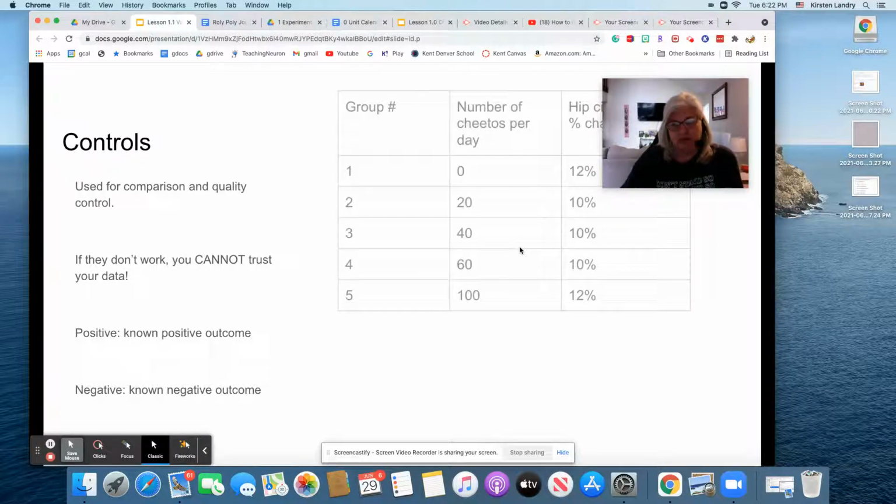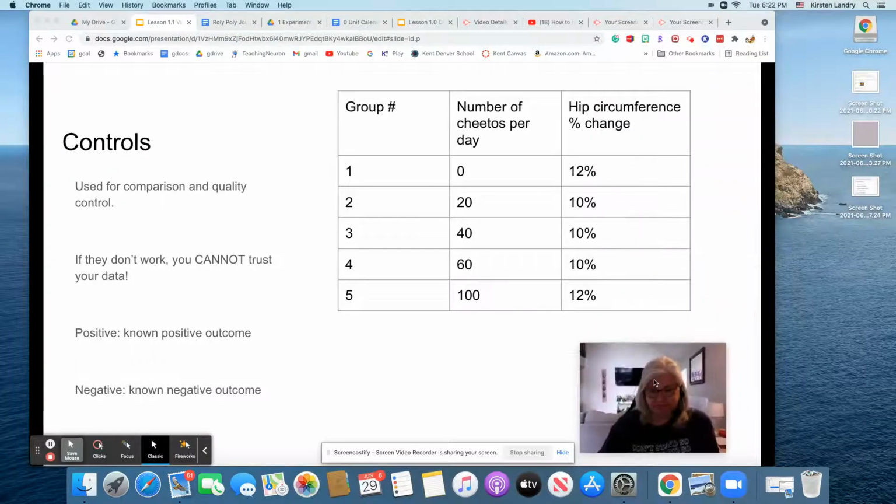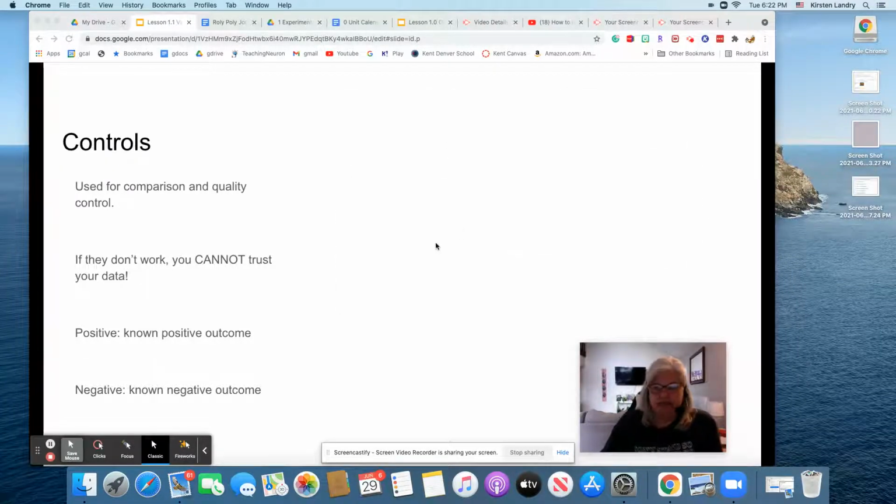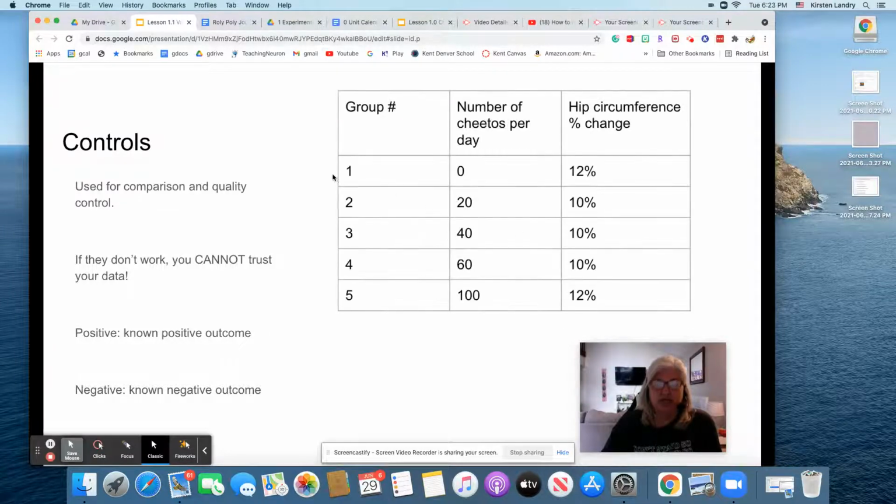So let's take a look at what I mean by that. Here's an example of some data that I got for this Cheeto experiment. There we go. Group 1, which got 0 Cheetos, their hip circumference increased by 12%. So that means that this group right here, which is my control group, my negative control, they still had an